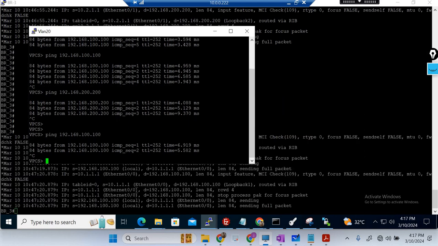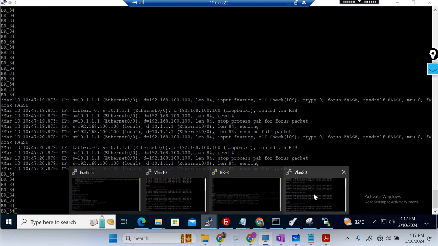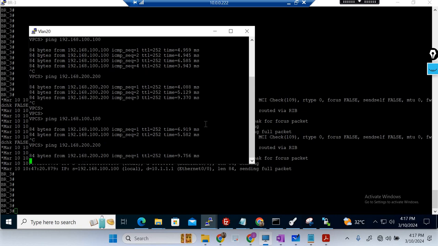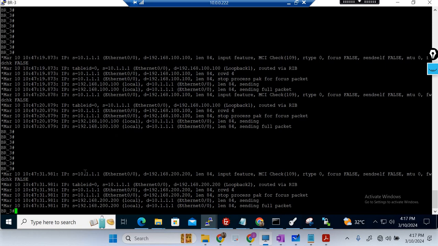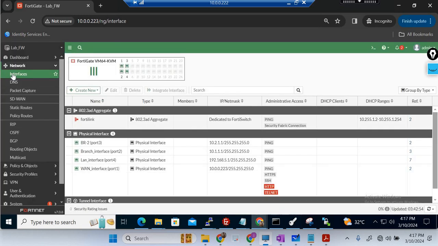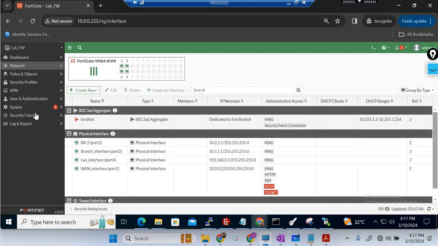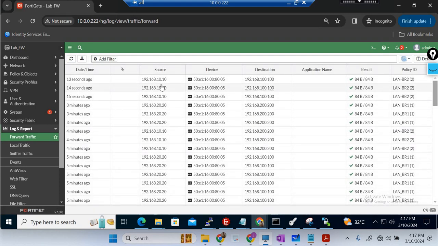100.100, it came from port 1. Now 200.200. Still source and destination based balancing is not happening, because I think old sessions are still available. See, in the log report, forward traffic: source is this, destination is this. It is going from